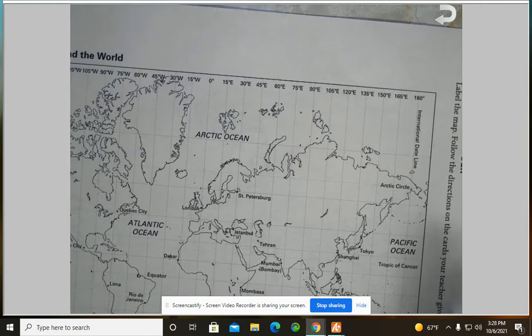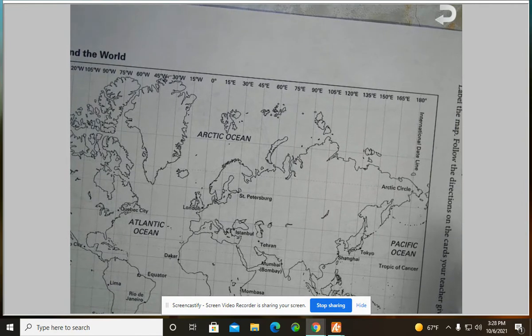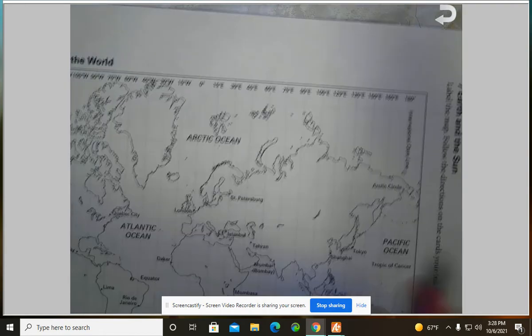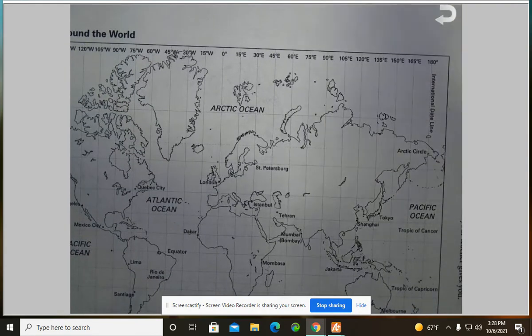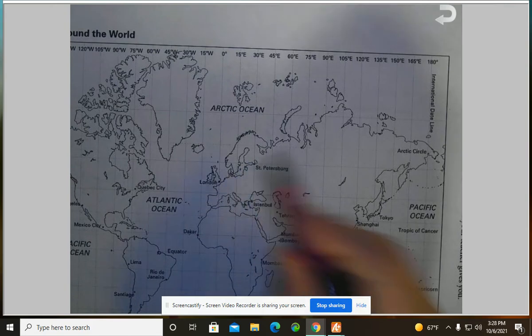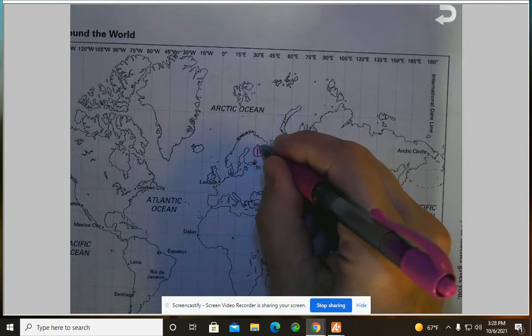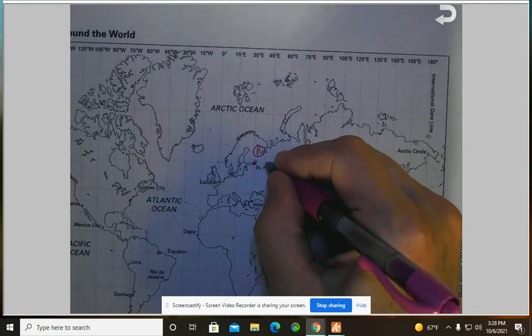So looking at this, instruction number 1 says that it is March 30th in St. Petersburg, Russia. Find the date, label the date and the season near that city. So St. Petersburg, Russia is right here. So we're going to put a 1. And on March 30th,